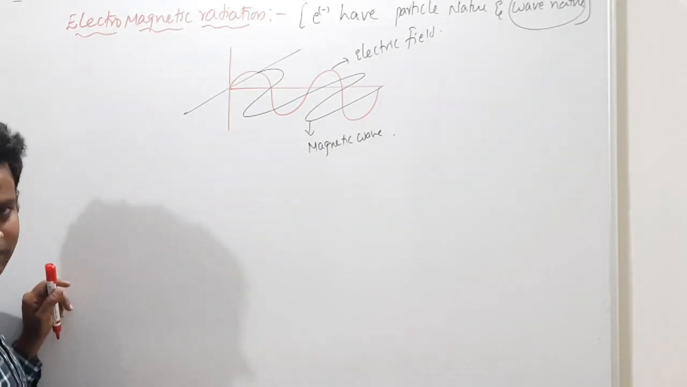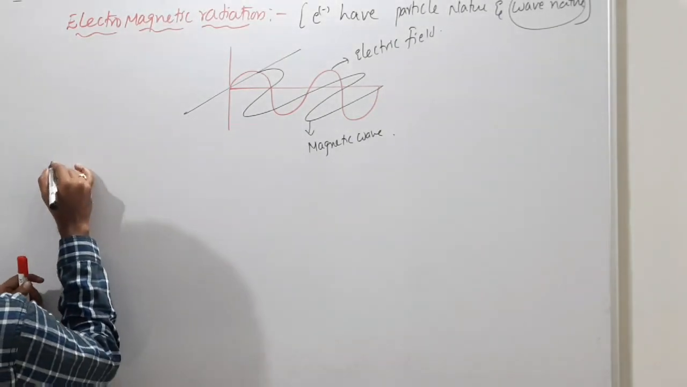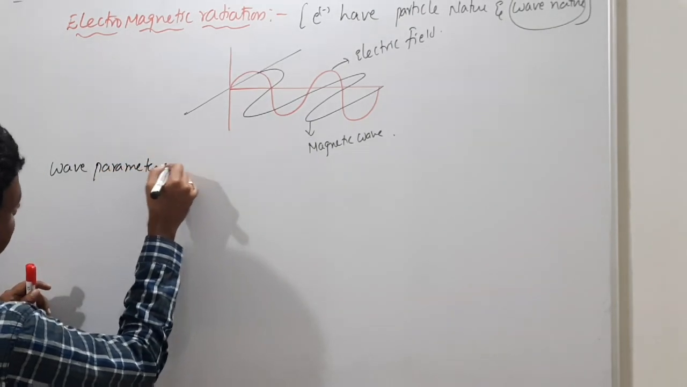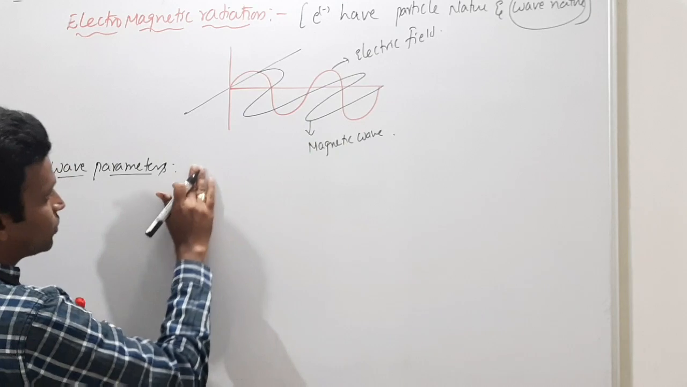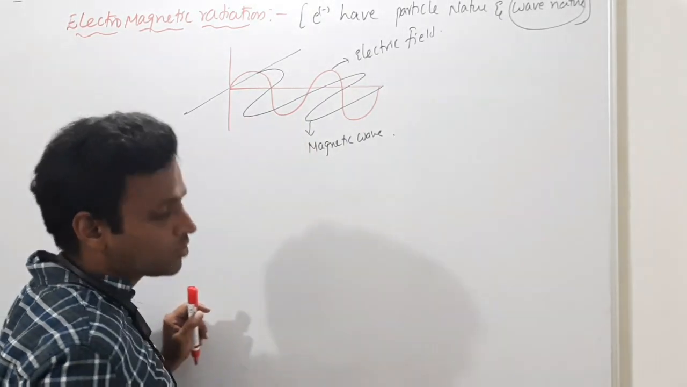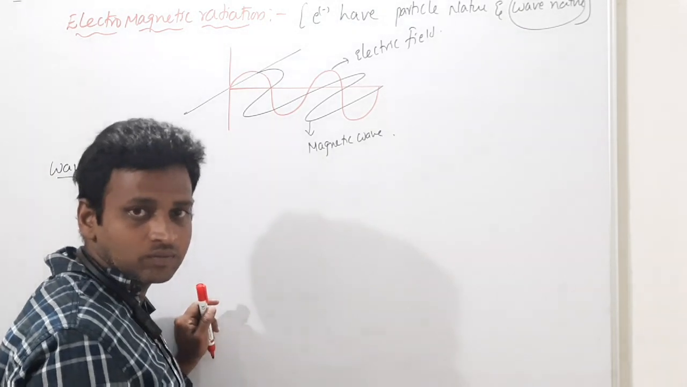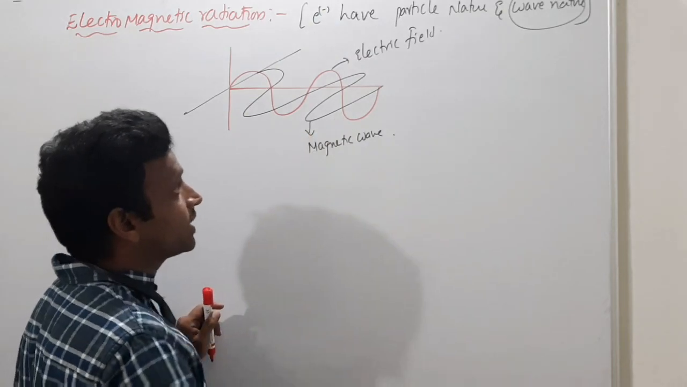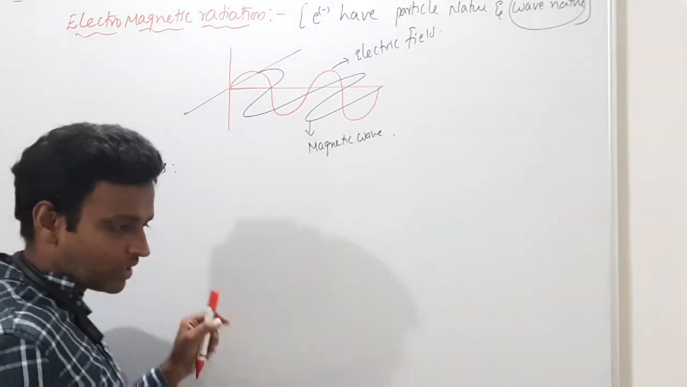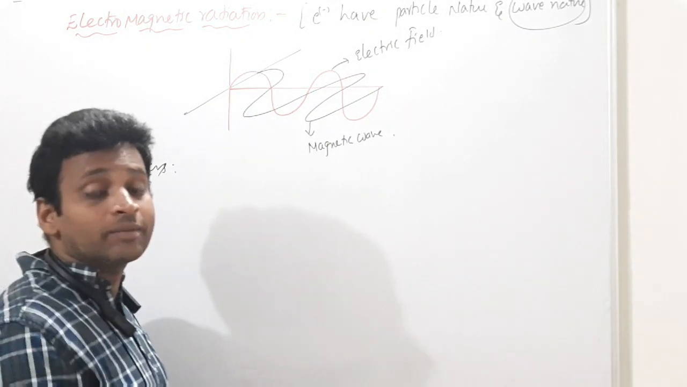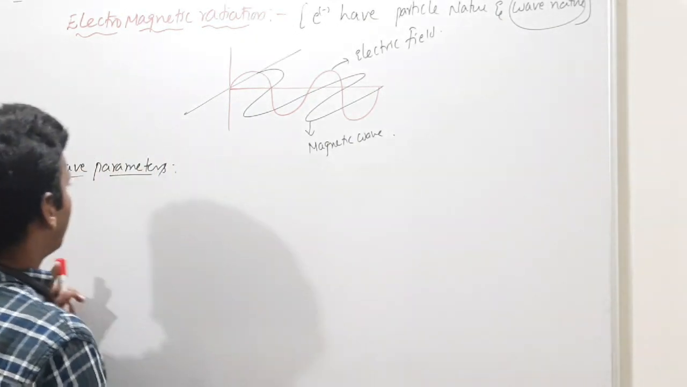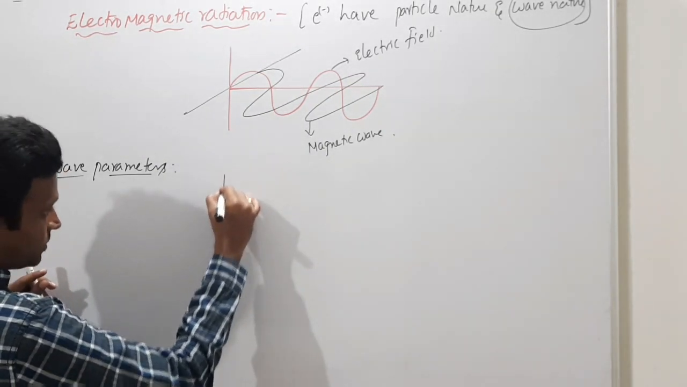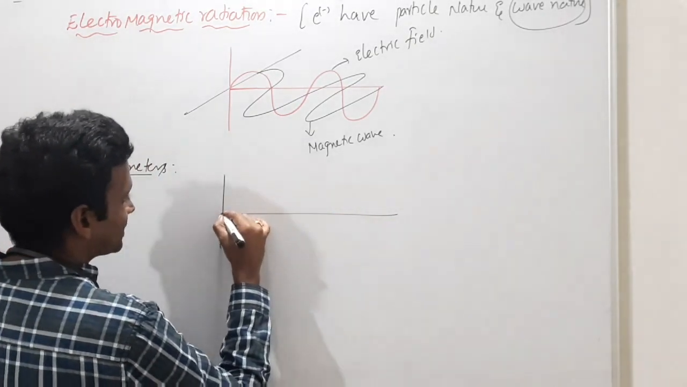Wave parameters. So what we have to discuss now is wave parameters. So they are creating a wave and they are perpendicular to each other, and there is no need of a medium to travel. Understanding? So in absence of a medium, means in vacuum also they can travel. All these things happen when you are accelerating a charged body in presence of electric field and magnetic field. So for wave parameters, you must know